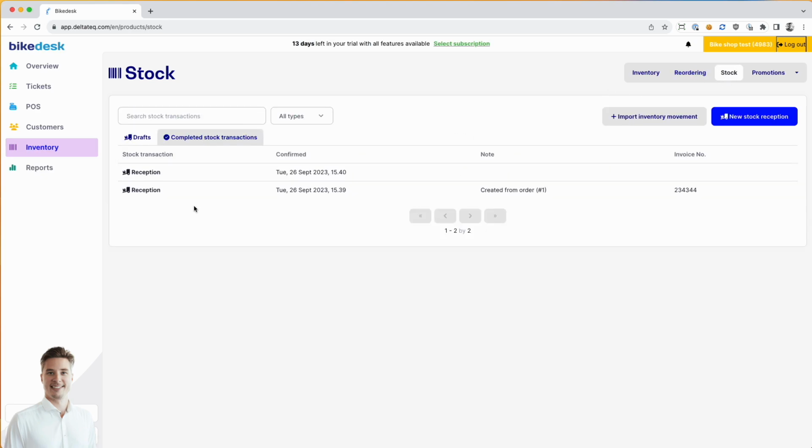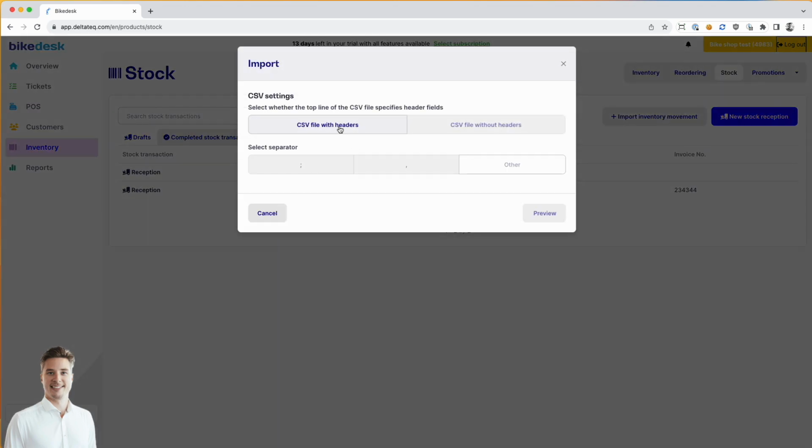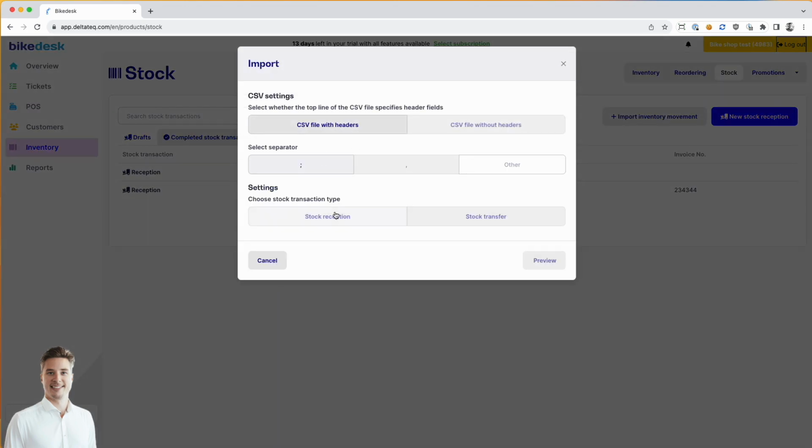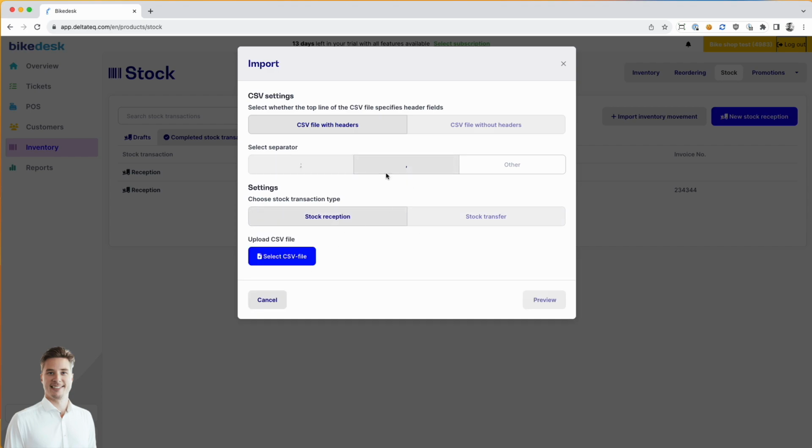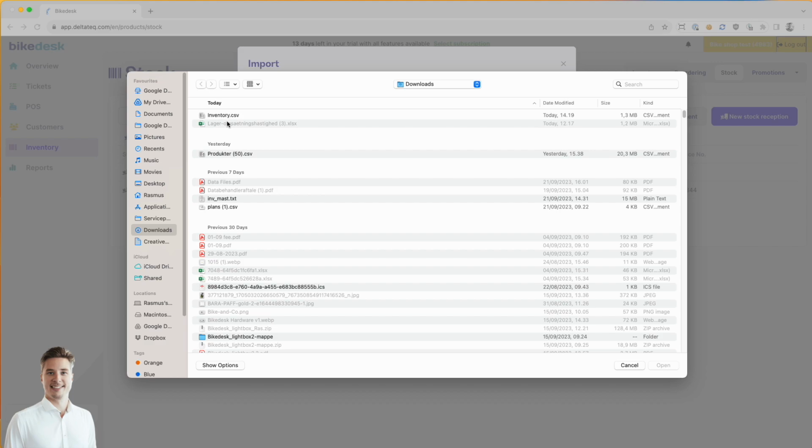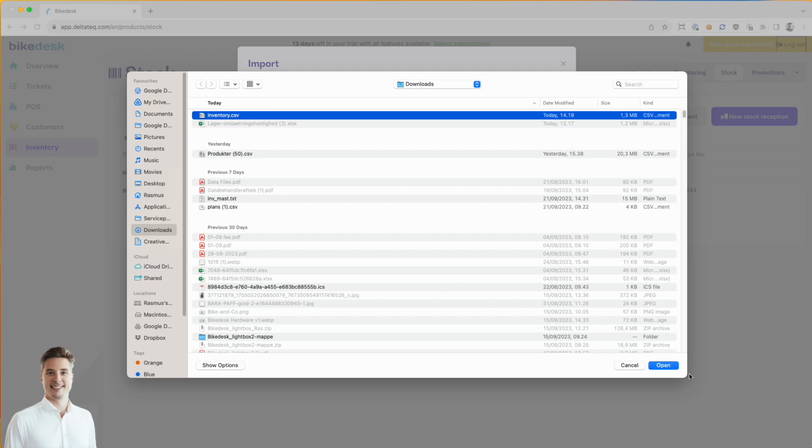Yes, so now we can see we have 2 stock orders. Another cool thing I can do in the system is import inventory movement. If I click here, I can use a CSV file, and then I can choose to do a stock reception here and select a file. Sometimes the suppliers send you a file with all the order lines in,